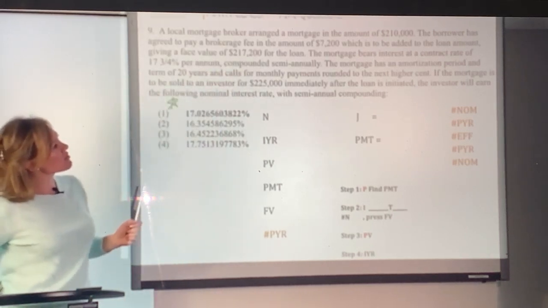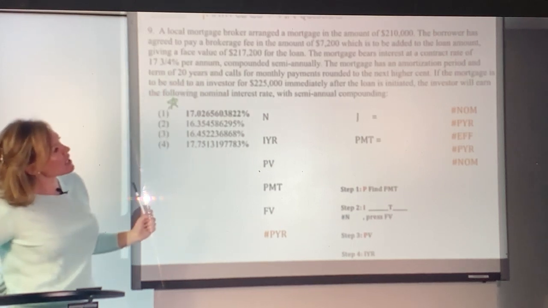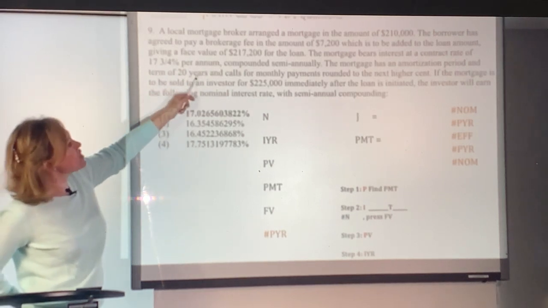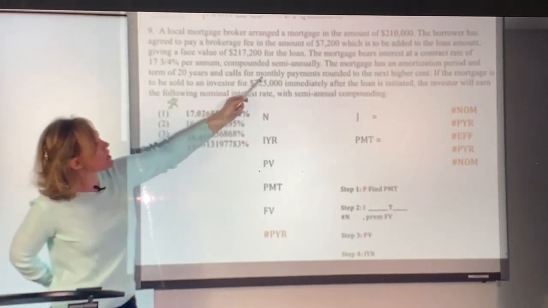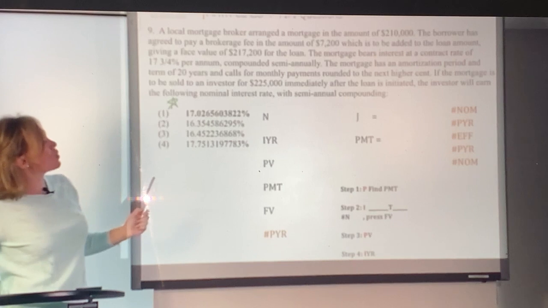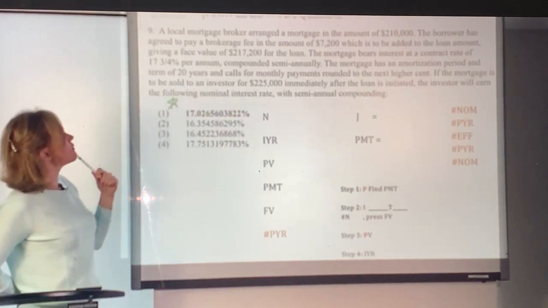The mortgage bears the contract interest rate of 17.75 per annum compounded semi-annually, and the mortgage has the amortization period of the term and the term of 20 years. Did you notice how they say the amortization period and the term? We'll come back to this. Solve for the monthly payments, rounded up to the next highest cent, and if the mortgage is to be sold to the investor for $225,000 immediately after the loan is initiated, the investor will earn the following nominal rate with